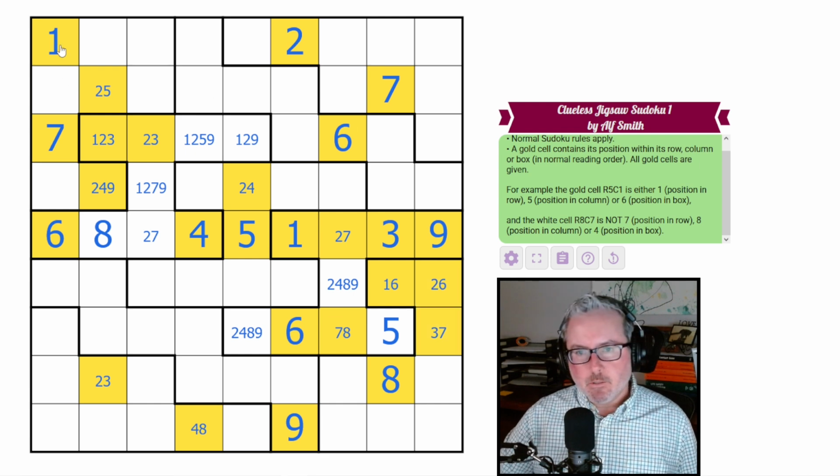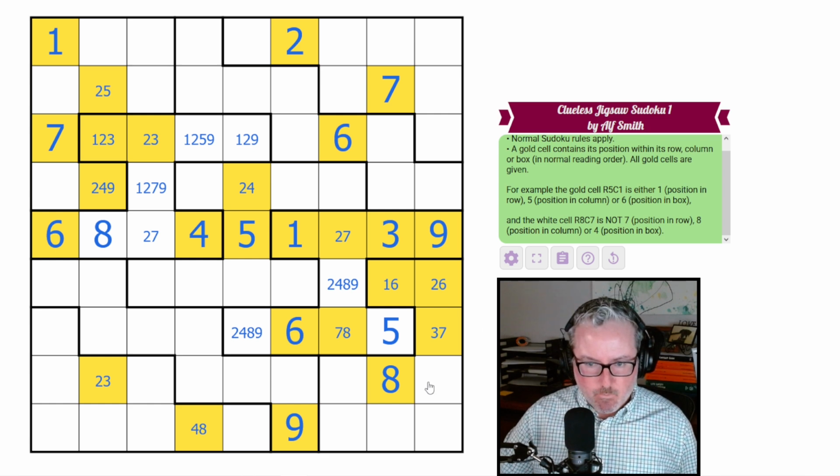And we can also start probably looking at rows and columns to see if there's any place where a digit must go. And that might be the next thing I do. But I'm going to make sure I didn't miss any clear